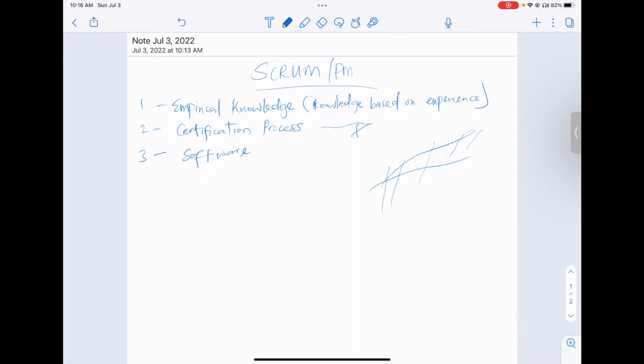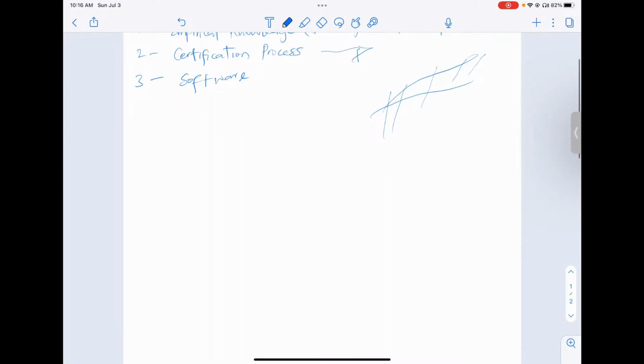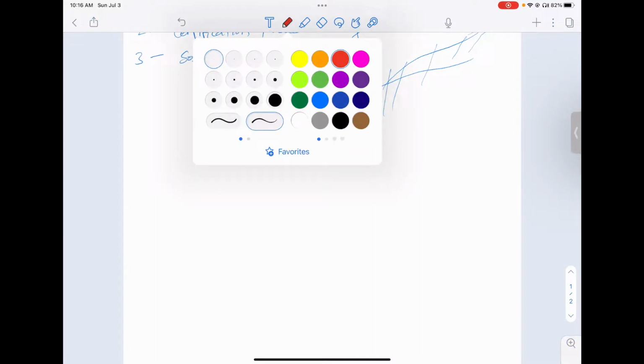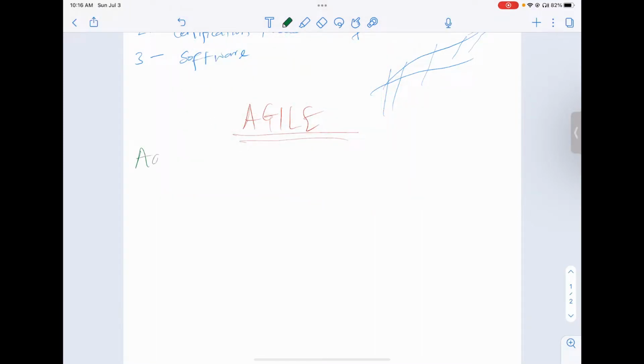So before diving into Scrum, there is one aspect we used to teach, which is what we call Agile. Before every Scrum class, we used to divert into Agile. So let's proceed. What does Agile mean? Agile is a methodology. You just have to memorize this definition. Agile is a methodology